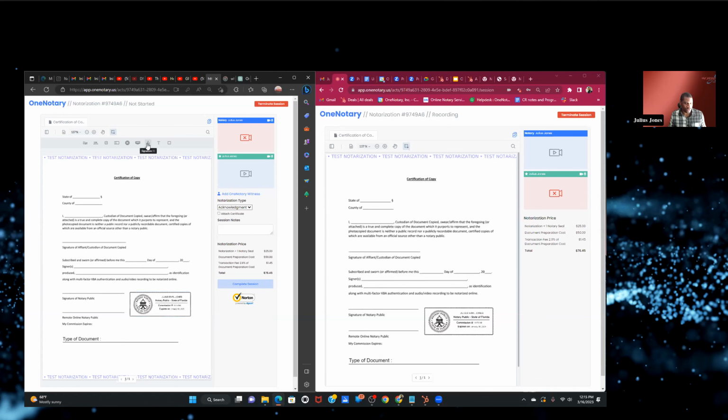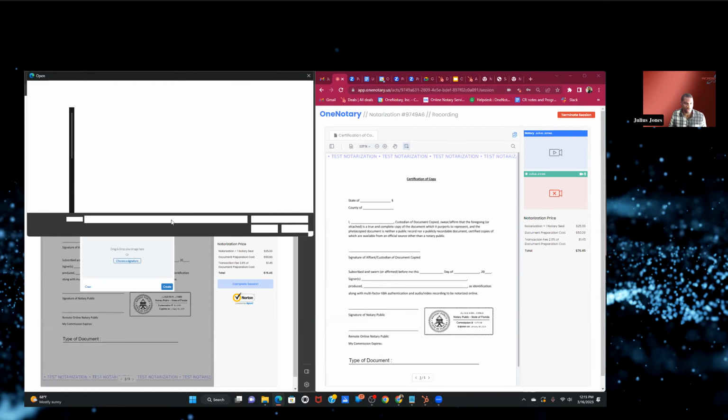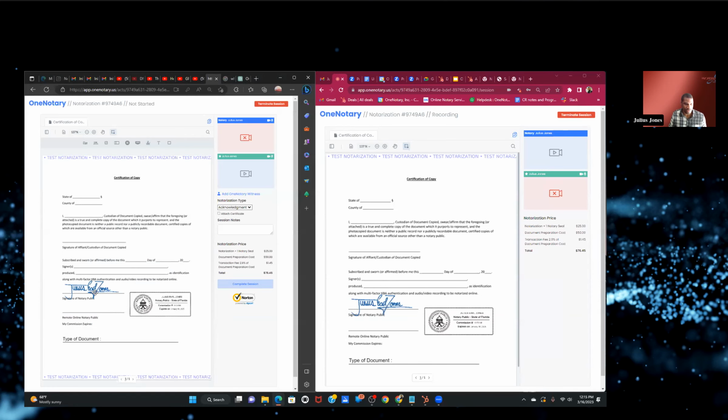And here you will also be able to create your signature as well. On the OneNotary platform, we don't actually provide electronic signatures. You will have to find an external source to get your electronic signatures created. So for me, in my example, I actually have my electronic signature here that we can use. That will look something like this. Then you can resize here.